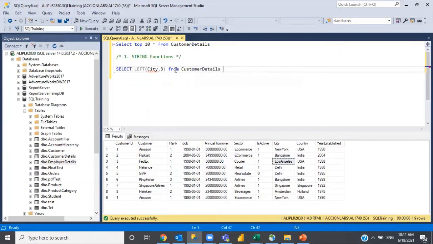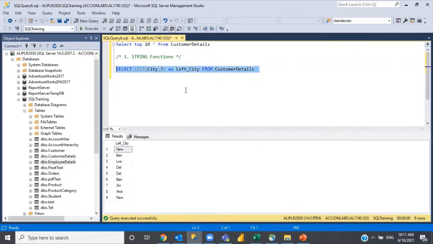I'm giving this an alias, left underscore city, or maybe you can mention it like this. Let's go and execute it here. Now you see we got only the first three characters from the city column.